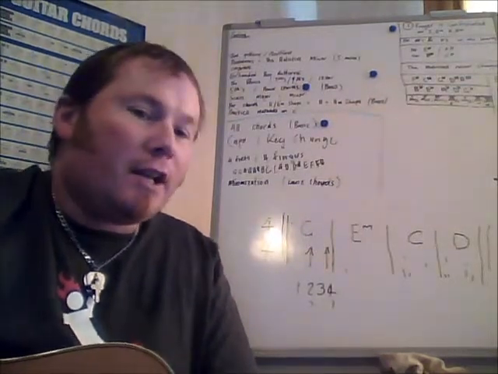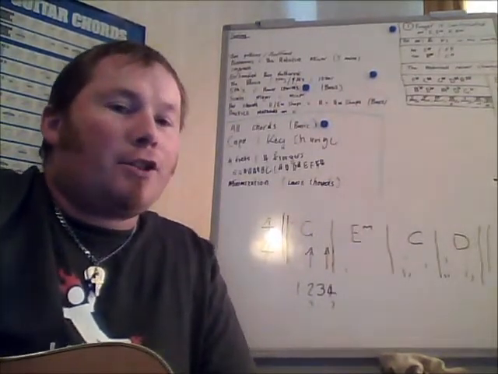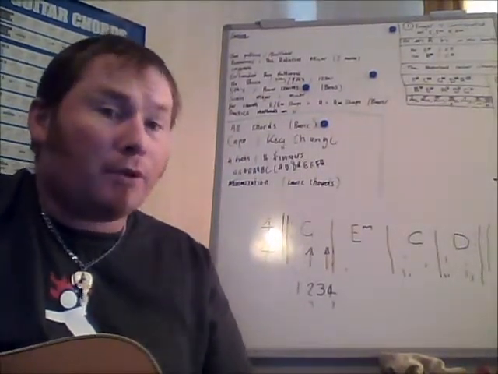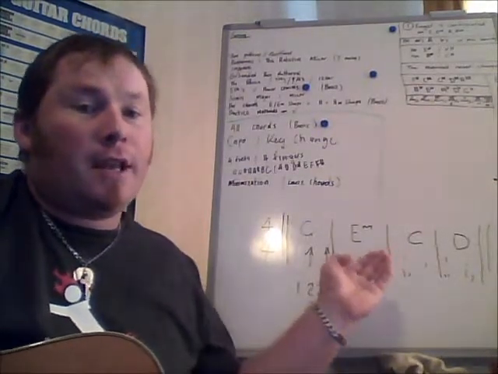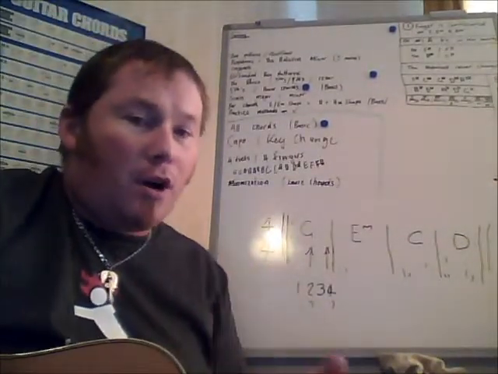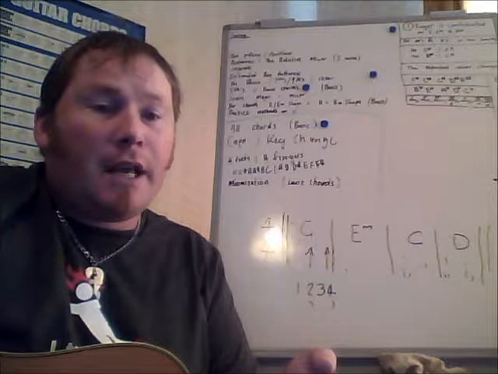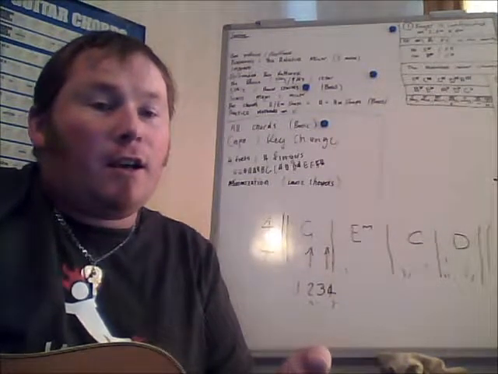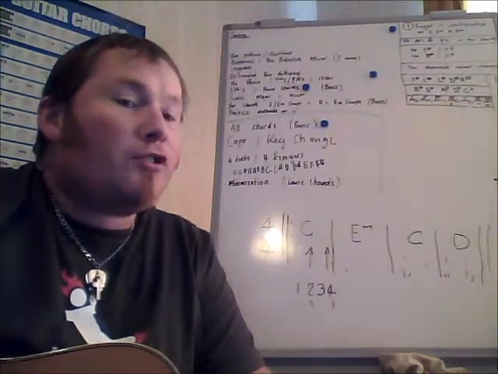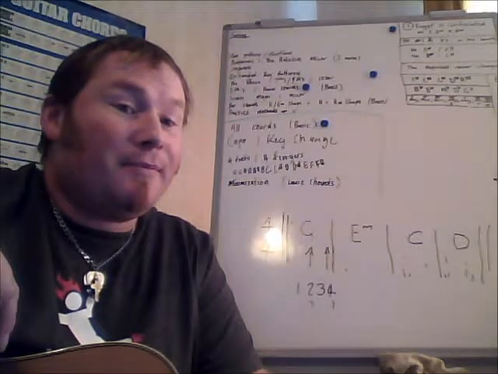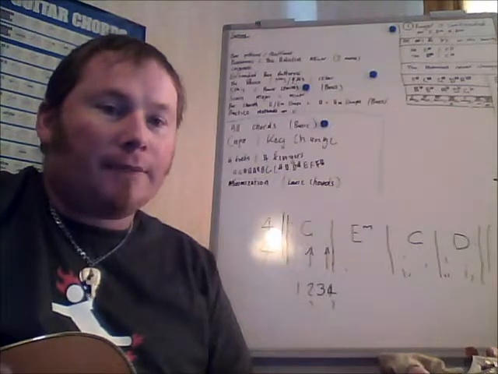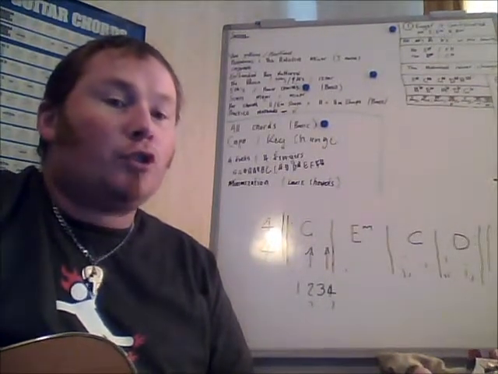So here's a little closer look at the timing exercise. We'll use the same chord pattern we were using before of G, E minor, C, and D. I'm going to put some nicer rhythms in there. If you've got the rhythm down and your timing's good, try and write out my rhythm. See if you can work it out. All right. But this is for timing. So 1, 2, 3,